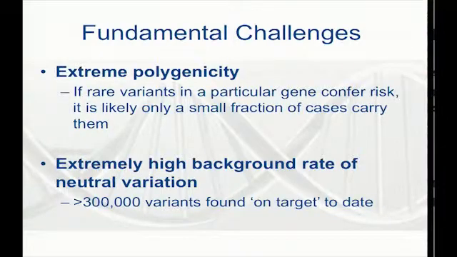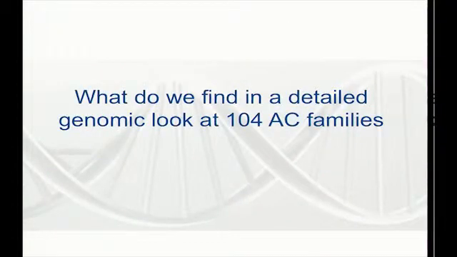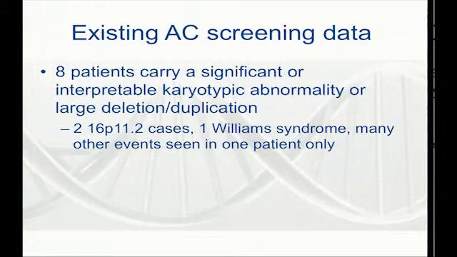And the reason it's hard to find them is because when we do this type of sequencing study, we find hundreds of thousands of DNA variants scattered throughout the 20,000 protein coding genes in your genome. So what do we begin to find with the most detailed genomic look at patients and families that has been performed to date? The existing screening data that's been collected by the consortium and nicely arranged in informatics databases supported by the consortium, that all of our research community can utilize, points to the fact that 8 of the patients